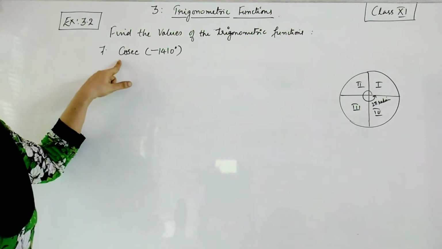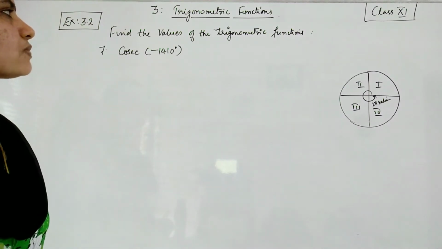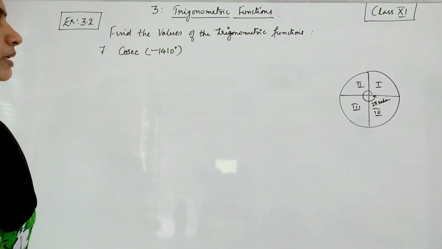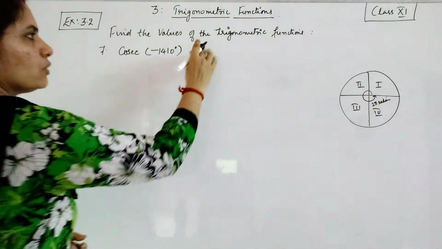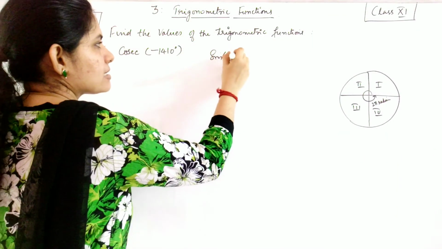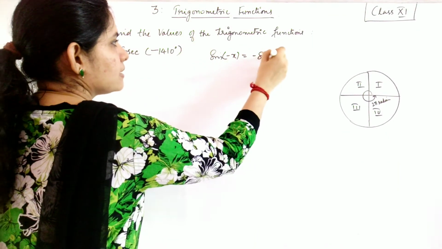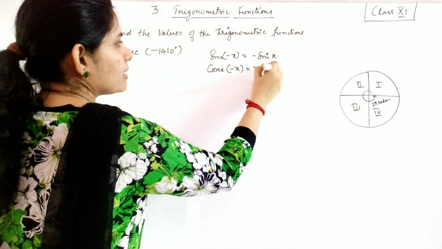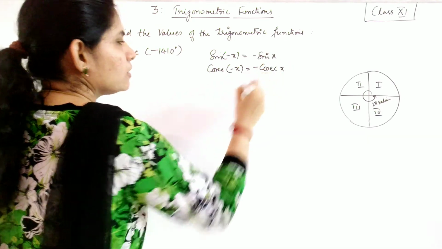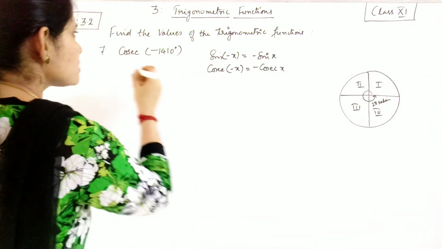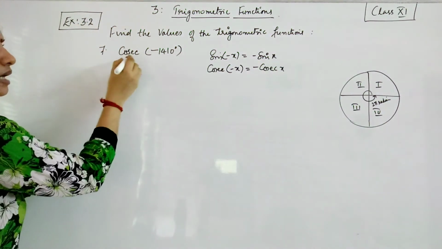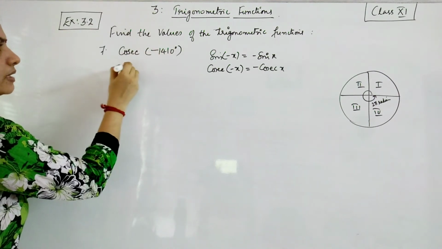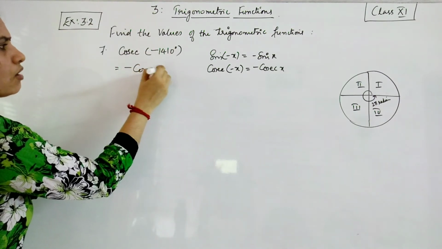Next question is cosec of minus 1410 degrees. So for this again we know the property sine of minus x is minus sine x. Similarly, you have cosec of minus x is minus cosec x. So that property we will first use, that is we can just take the negative sign out of this angle. So this will become minus cosec of